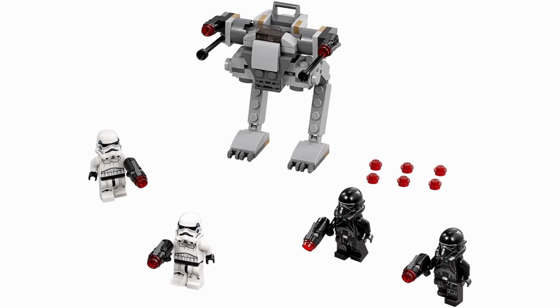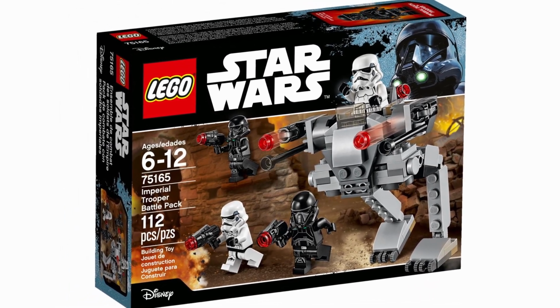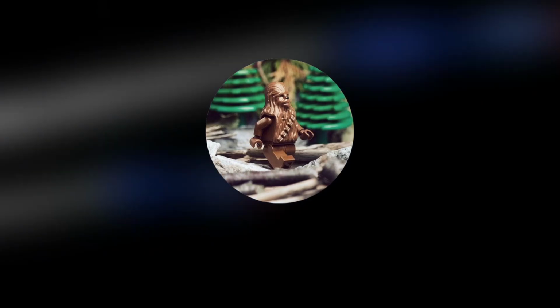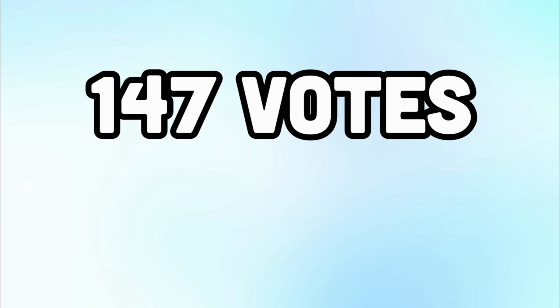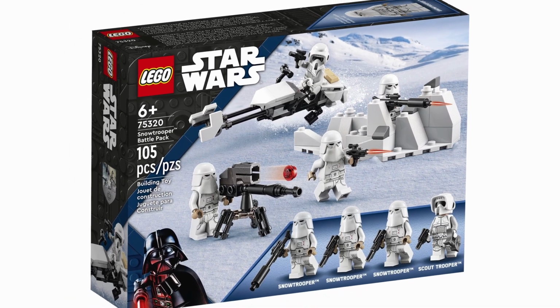So again, I personally would consider this to be top 5, but I'm glad to see that it at least made the top 10 amongst all of these Clone Wars fanboys. And then up next at the number 6 spot is the second and last Imperial battle pack to make the top 10, with a total of 147 votes, making up just 5.66% of the overall poll, being 75320 Snow Trooper